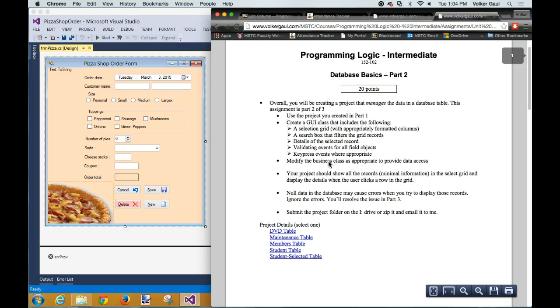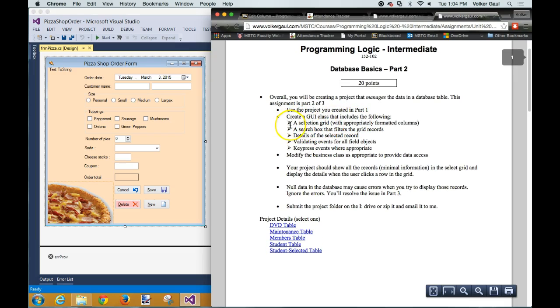Part 2, create the GUI, includes a selection grid, which you haven't learned how to do, but you'll learn today. A search box you'll learn pretty soon. Details, validating events for all the fields, key press. This is a bigger one. I don't think you should merge